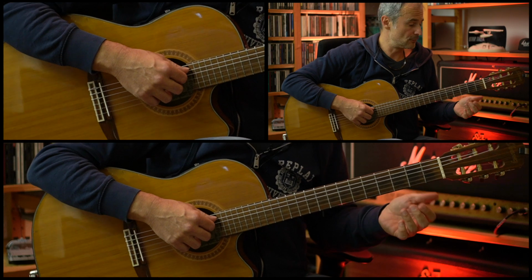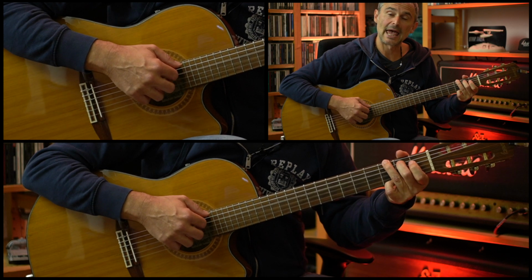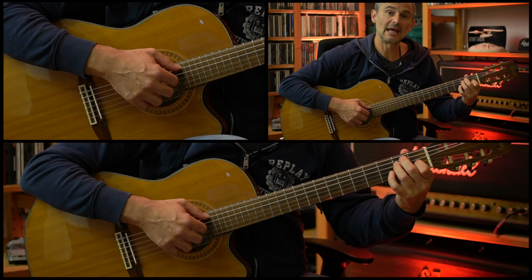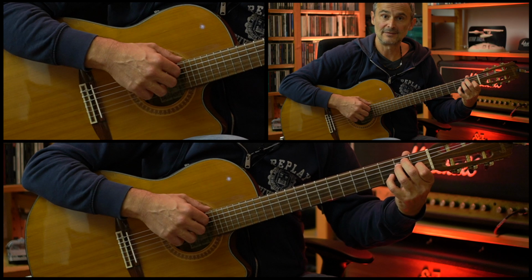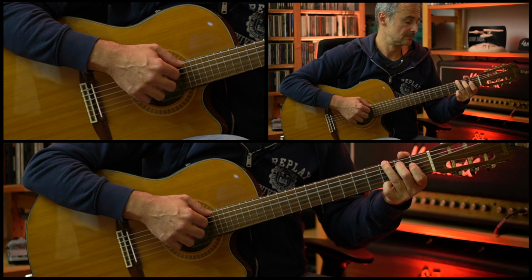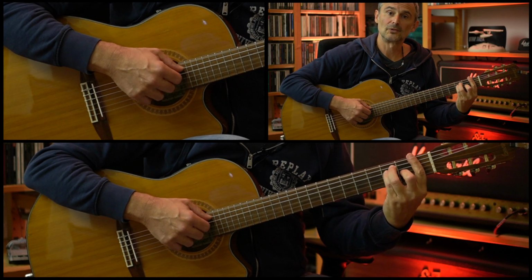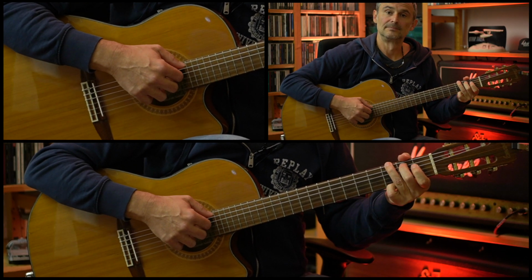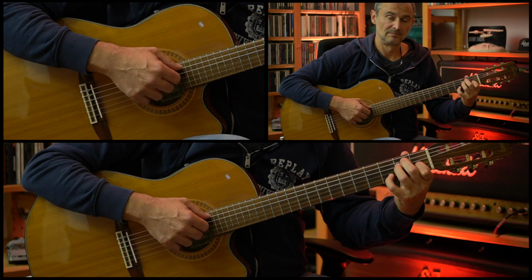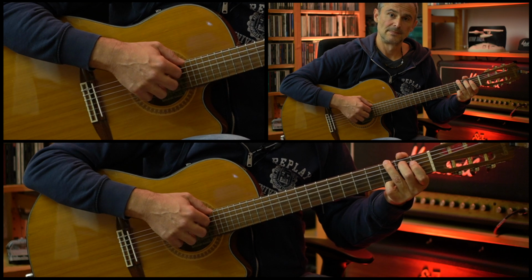And the complete 2 bars starting on the F chord. 1 and 2 and 3 and 4 and 1 and 2 and 3 and 4 and. These 2 bars are repeated. Also a third time, to the F, and then